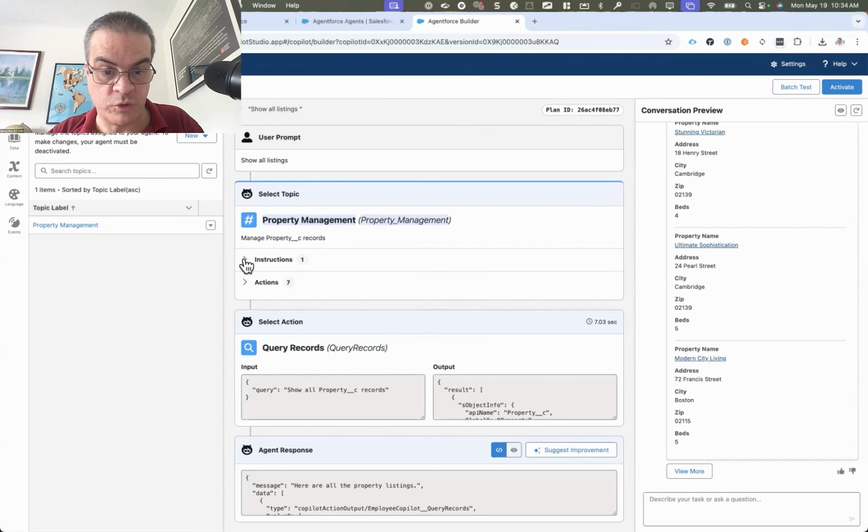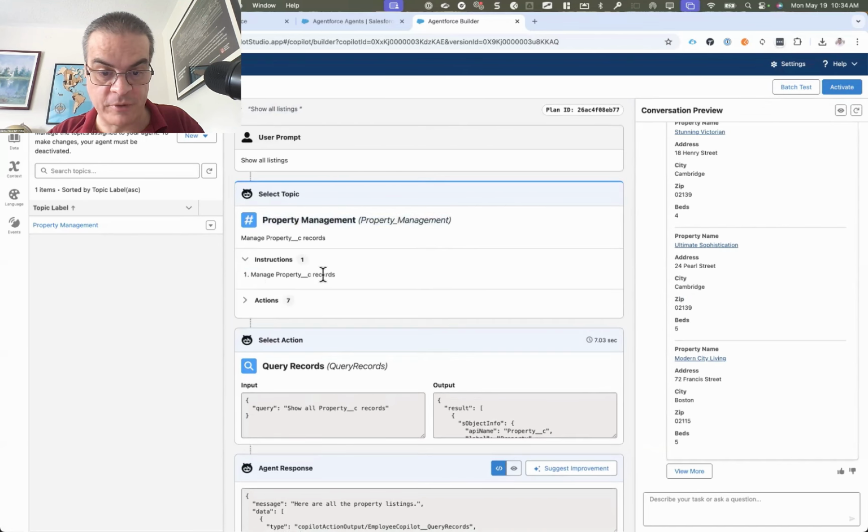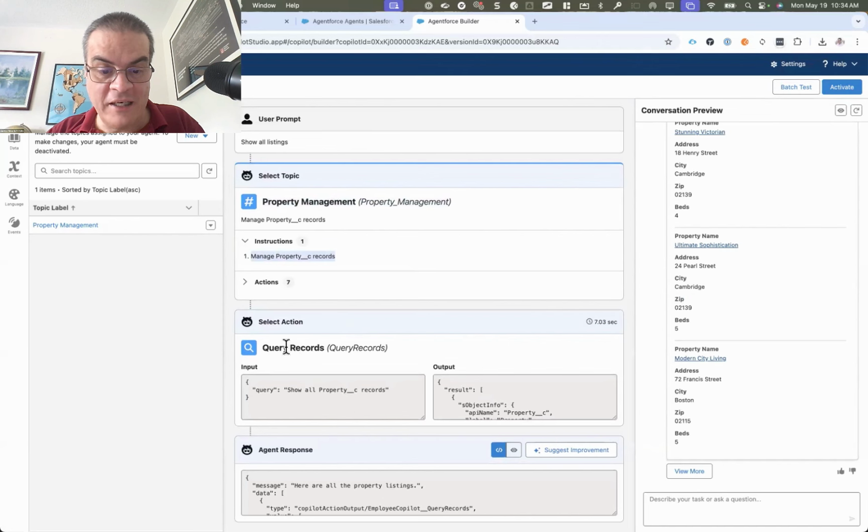It has 1 instruction, which we see here is manage property records. Then it does a query. This is a standard action. The query is show all property records. What that is going to do,